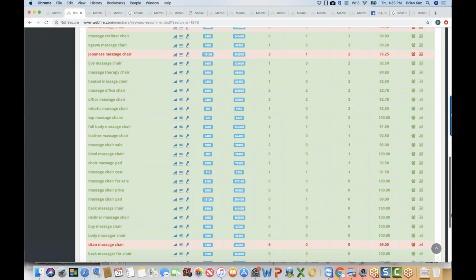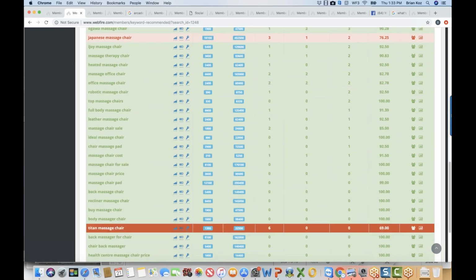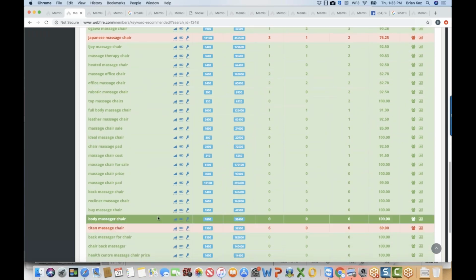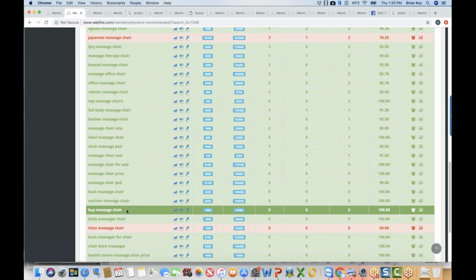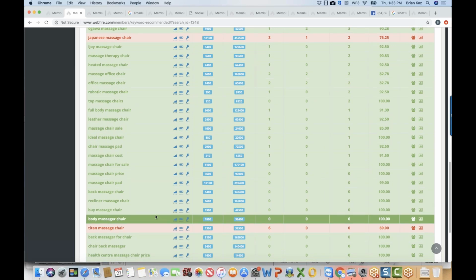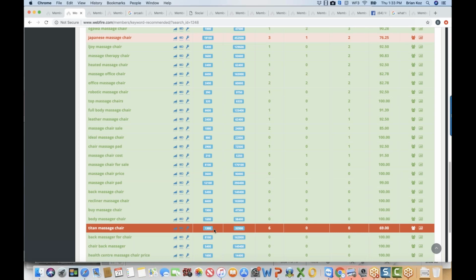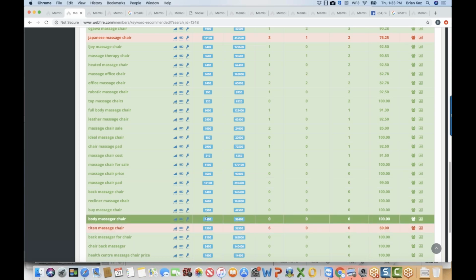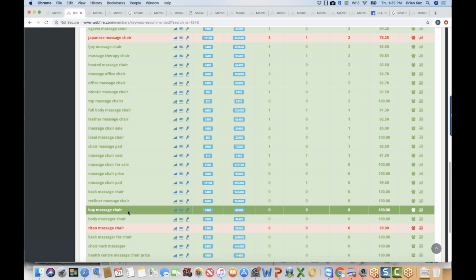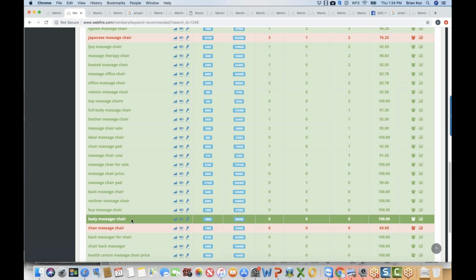Like here's one, for instance, body massager chair or buy massage chair. Both of these are quite good words, even though there's about 1,500 searches for each one. People typing in that term are looking to do what? They're looking to buy a massage chair. People typing in, let's say, a body massager chair,